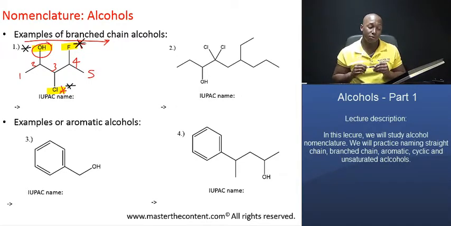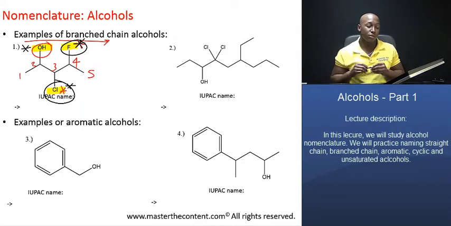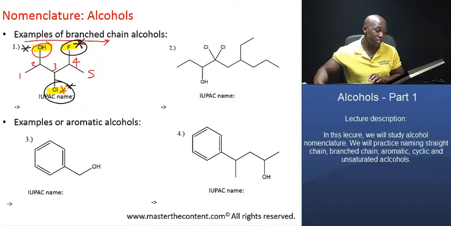So let's put all that information together. Okay, it's a 5-carbon compound. It's an alcohol, which would make it pentanol. Okay, we'll drop the E and add the -ol in a 5-carbon chain. That becomes pentanol. Now you also have substituents at position number 3 and position number 4. Okay, so you have to include those in the prefix of the name, which makes the name of this compound very simply